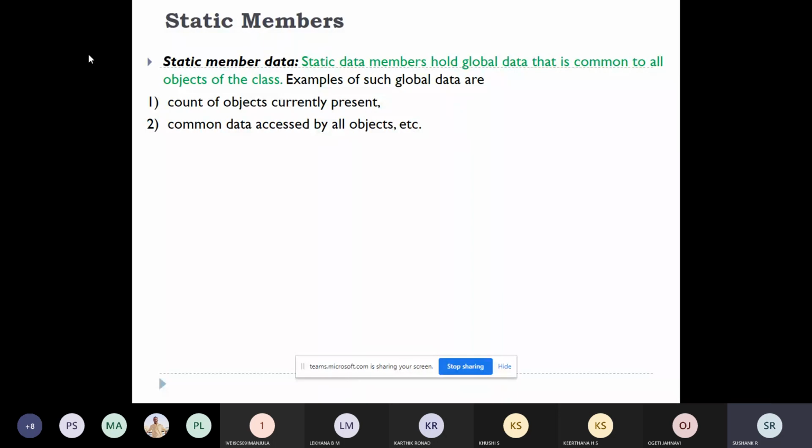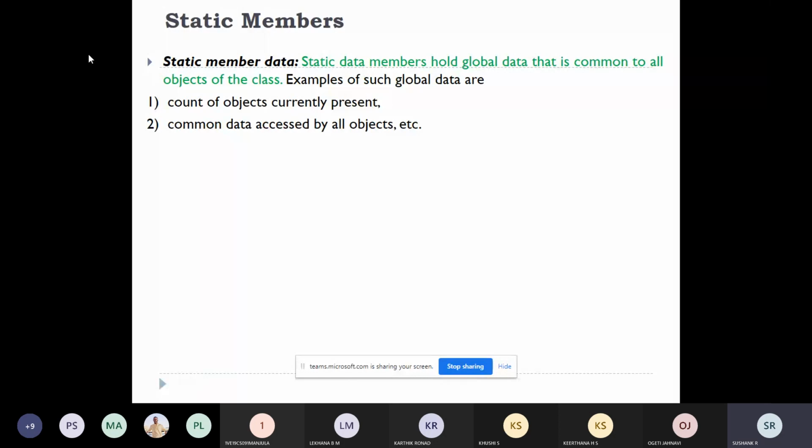The data is common and doesn't need multiple copies. For the employees working in Infosys, the company name will be Infosys, so that can be a static member. If you take the example of a bank, the rate of interest will be common for all the accounts, whether it is a savings account or not.